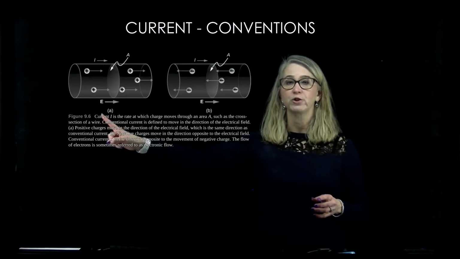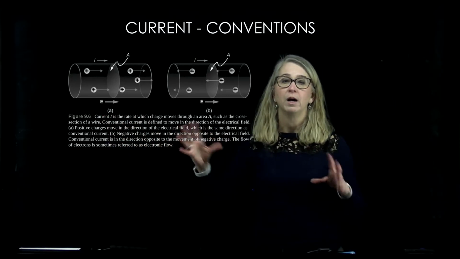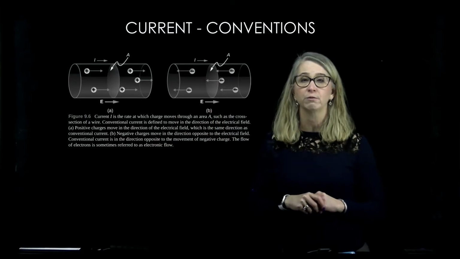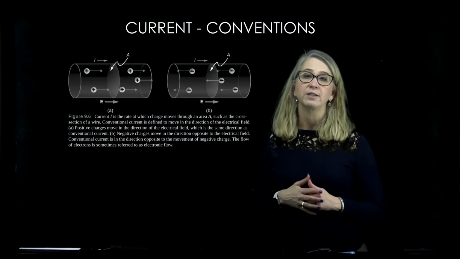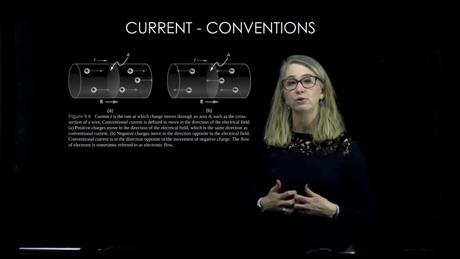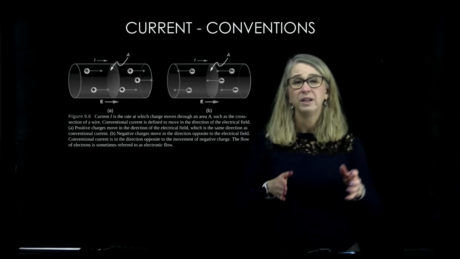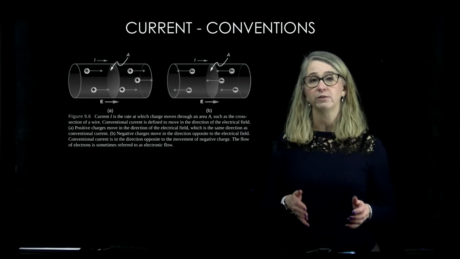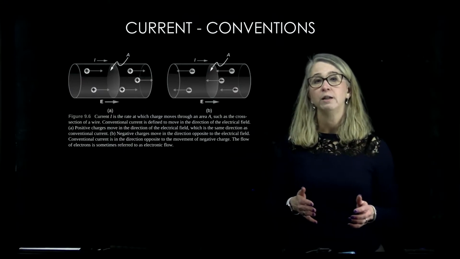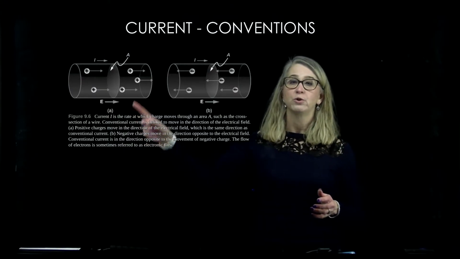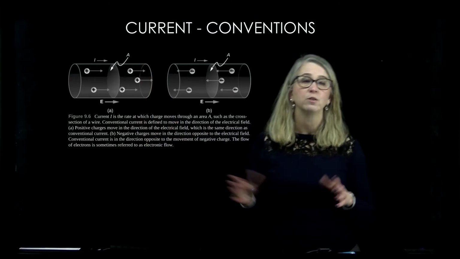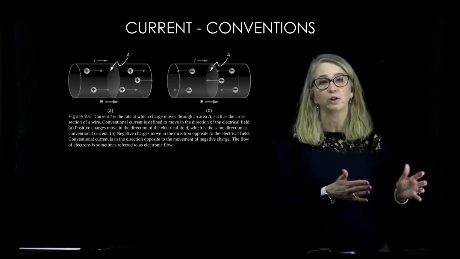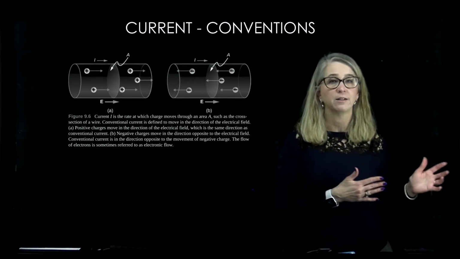And so in this first picture, you can see a piece of a wire, and you can see all the positive charges moving to the right. You can also see that that's the direction of the current and the electric field. The bottom line is that we use the direction of the electric field to define the direction of the current. Those two are to the right because we're defining the current as the direction that a positive charge would move